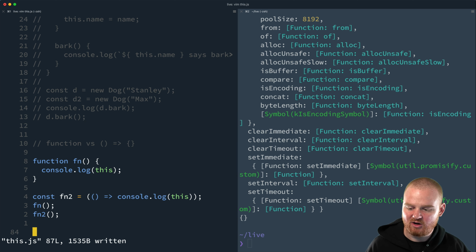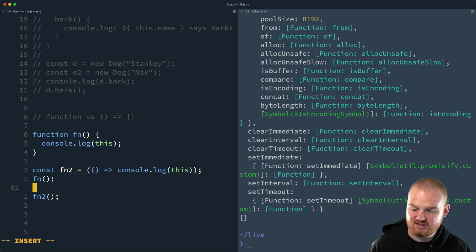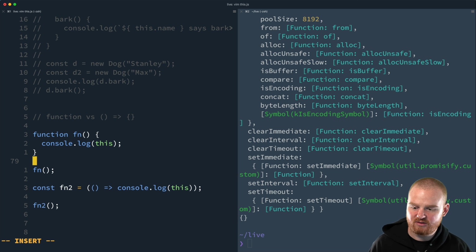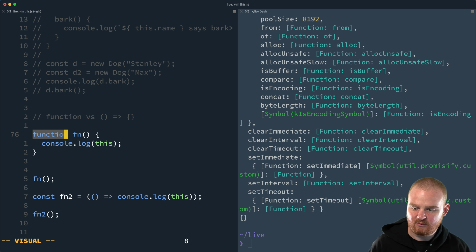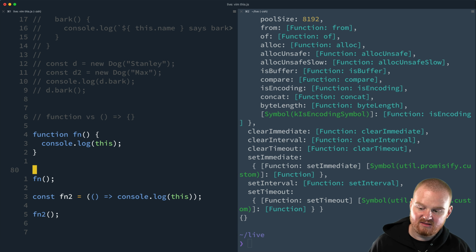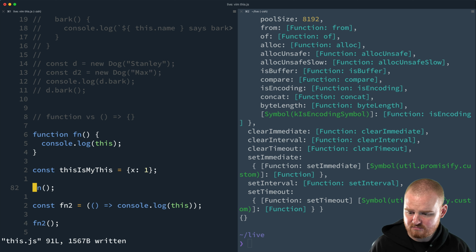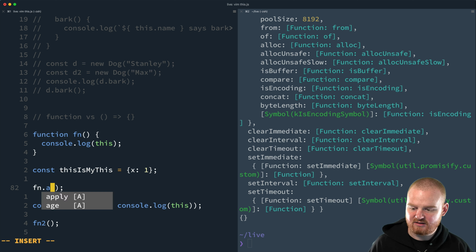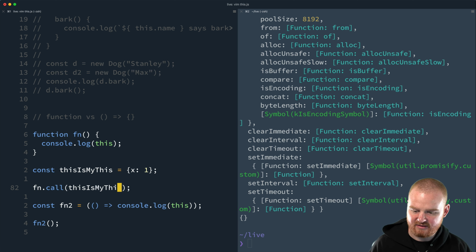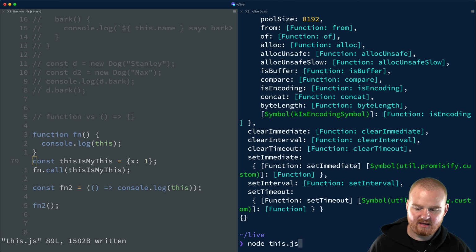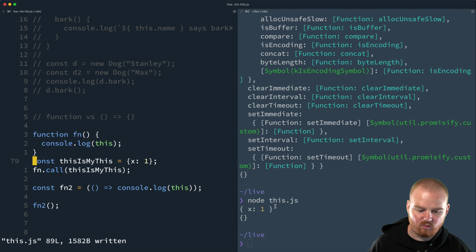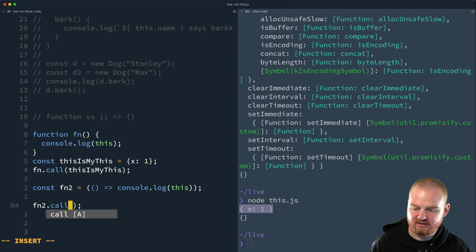Okay, so even if we were to call or explicitly try to pass in some this to fn2, right? With fn, a full function that we've defined this way, we can bind this to whatever we want. So we say const bind, a new object that has x pointing to 1. All right, so if we said fn.call with this as my this, then when we execute the function, fn is binding this explicitly. But if we try to do the same thing with fn2,